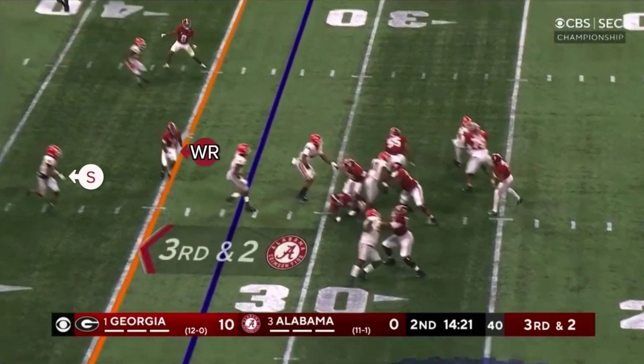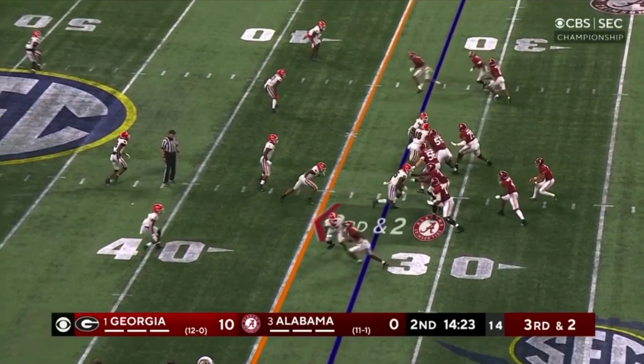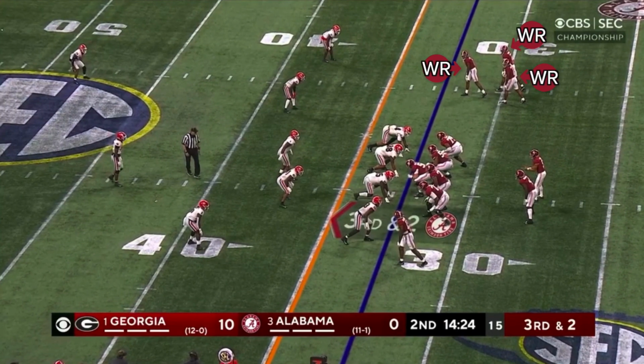Again, given what we've seen in this video, we can understand the logic here, but as happened so often throughout this game, Alabama's just gonna have a better call in place to beat it. Here's the basic problem. When that safety comes downhill to fill the hole in the intermediate middle, he is opening up the deep middle of the field behind him, and on this play, the Tide have a great concept in place to attack it. On this play, Bama's in a bunch up here at the top of the screen,